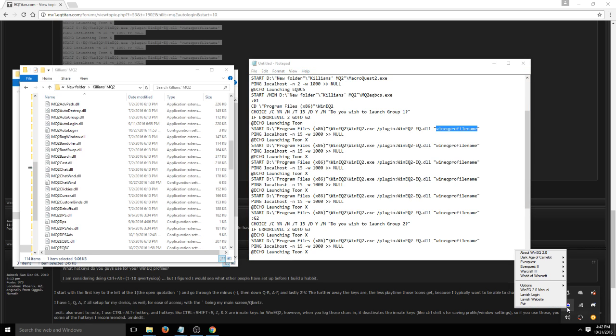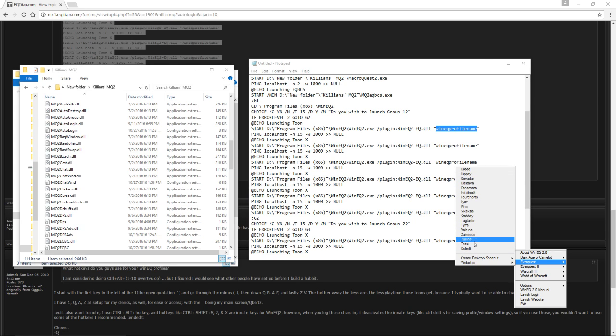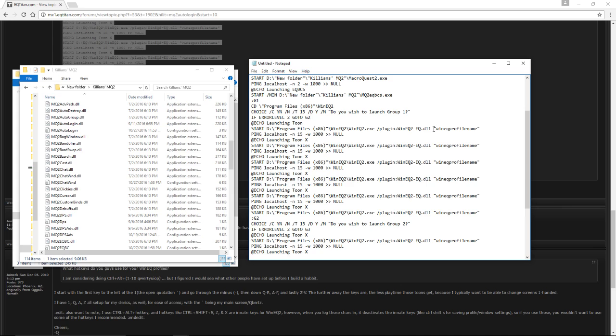So if you remember, when we were doing WinEQ2, I said that these are the names of your characters or your profiles. So these are the names that are important. Now, the thing you have to make sure of is that these load in the exact same order as your MQ2 autologin.ini. So that's why I suggested you set them up in group order ahead of time because of this particular setup. So if you've done that, you're going to go ahead and put the character's name here where the X was, put the profile name here, and then we're going to change one